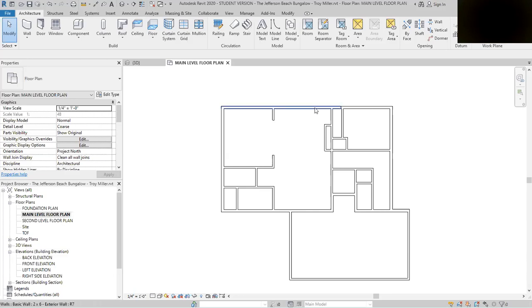As we look at our walls, and if you think about how a door and window works, they are built within the wall. So the wall actually becomes the host of the door and window. That'll be a little bit different when we talk about components in the next video, but for now, let's focus